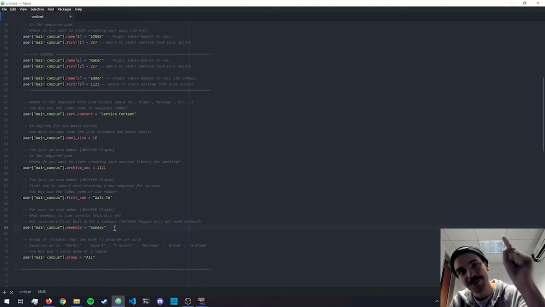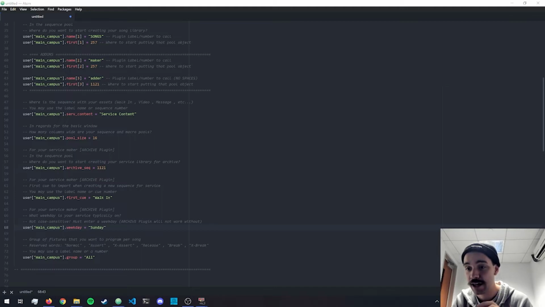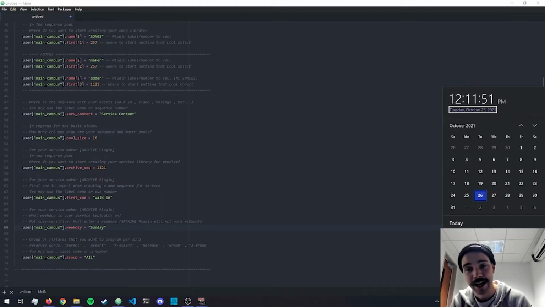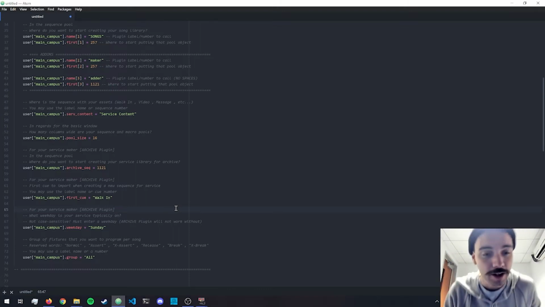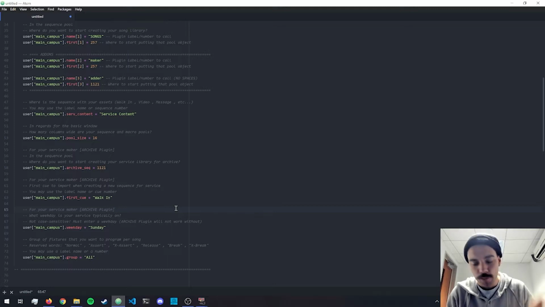Whenever I push the walk-in cue, if you remember in the past tutorials, I said it automatically figures out based off of today's date when Sunday is going to be. You could even change it to say I have a service on Wednesday, but I'll leave it back to Sunday. And it will figure that Sunday, Monday, Tuesday, Wednesday, Thursday. It will figure out whatever day you're on,